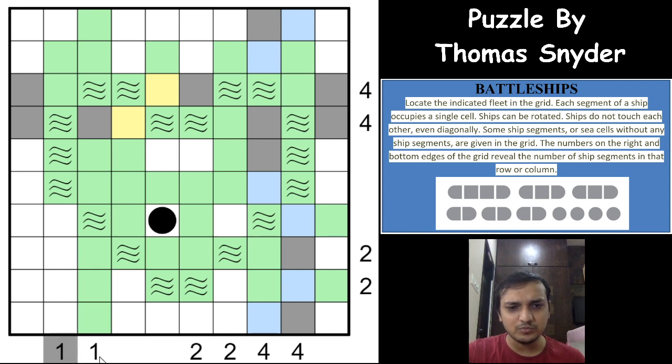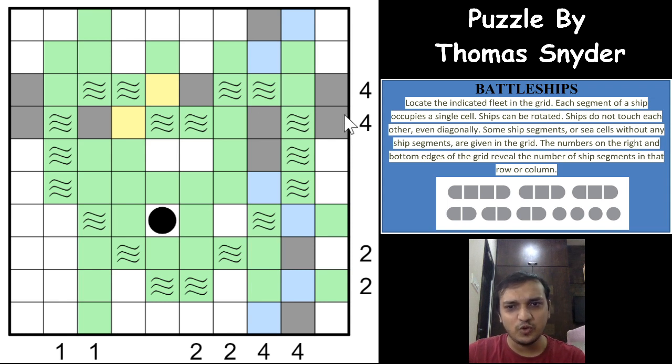So if you see these 6 columns now, how many ship segments have to be placed in these 6 columns? If we add these, it comes to 14, right? Exactly 14 cells are ship segments used in these 6 columns, and 1 2 3 4 and 5, which is okay, we have reached till 5, which gives us 19, right? We have got 19 here, which means that one of the ship segments has to be outside the 6 columns here, right? Outside of the 6 columns here.